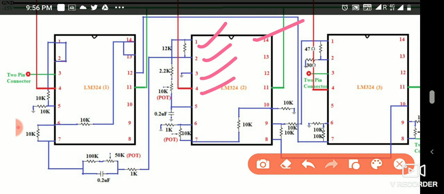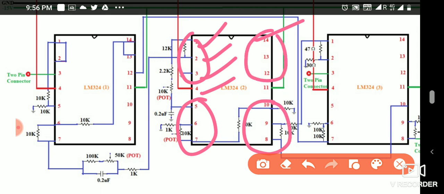Okay, so pins 1, 2, 3 are one op-amp, 5, 6, 7 the second op-amp, 8, 9, 10 the third op-amp, and 12, 13, 14 the fourth op-amp. Pin 4 is connected to the plus VCC, and pin 11 is connected to the minus VCC or ground. Here pin 11 is ground, because we are working on the